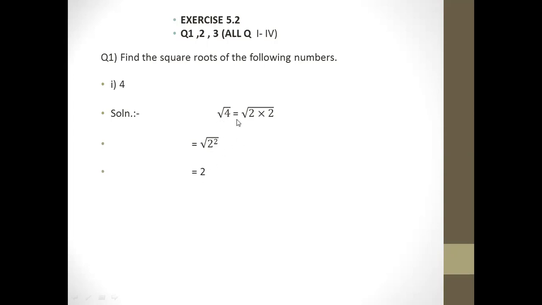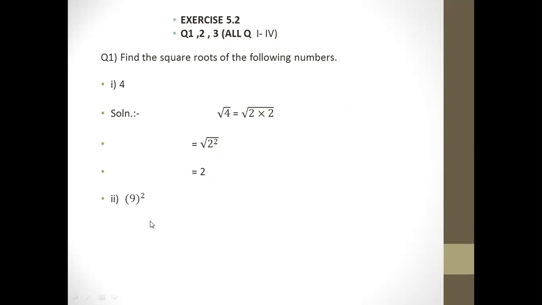How will you get the answer 2? By taking the prime factors of the number. When you take the prime factors, you factorize 4 as 2 into 2. So 2 is present how many times? 2 times. So 2 power 2, and the square root value is 1 by 2. 1 divided by 2. So 1 over 2 and this 2 will cancel with each other and you get the answer 2. Now come to the next question.